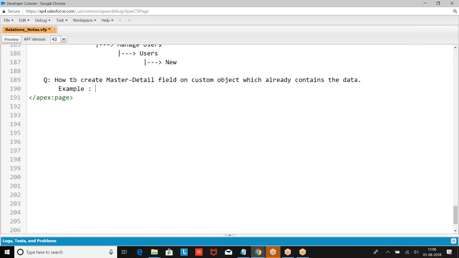Example, customer, payment object. So what is your requirement?